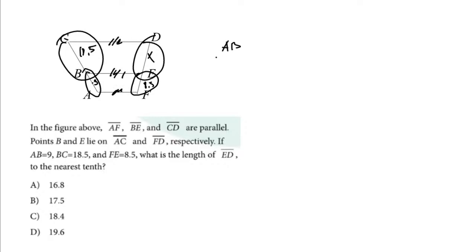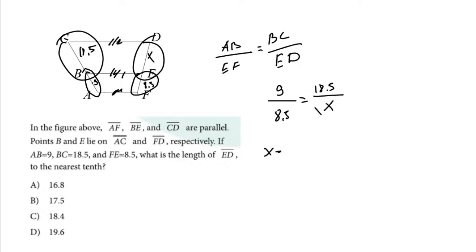So AB divided by EF equals BC divided by EB. From here we find 9 divided by 8.5 equals 18.5 divided by x. So we cross multiply, x multiplied by 9 equals 18.5 multiplied by